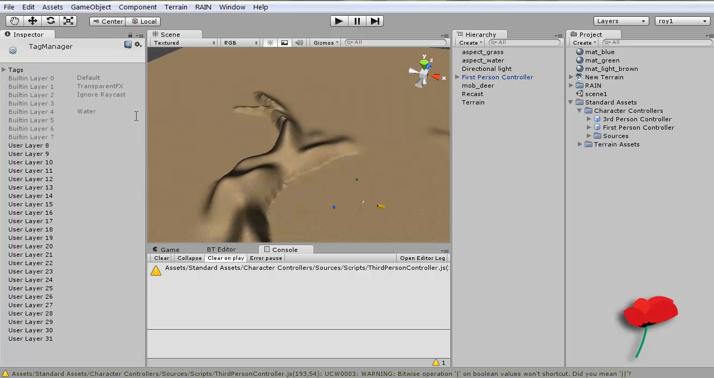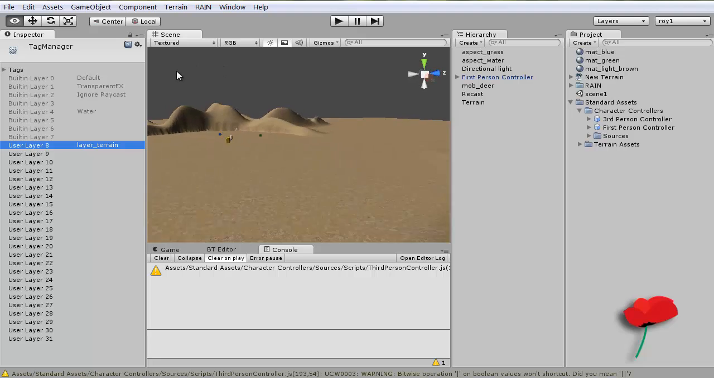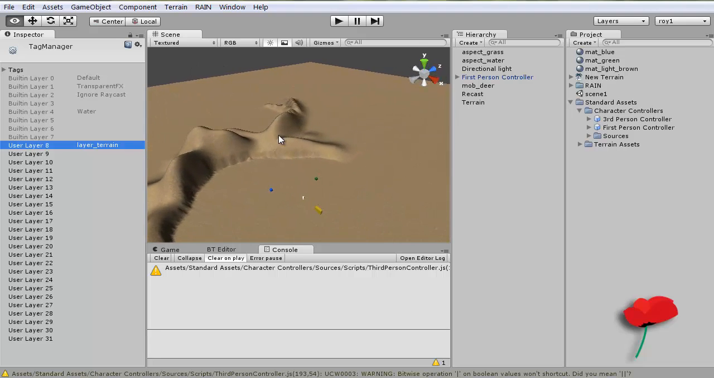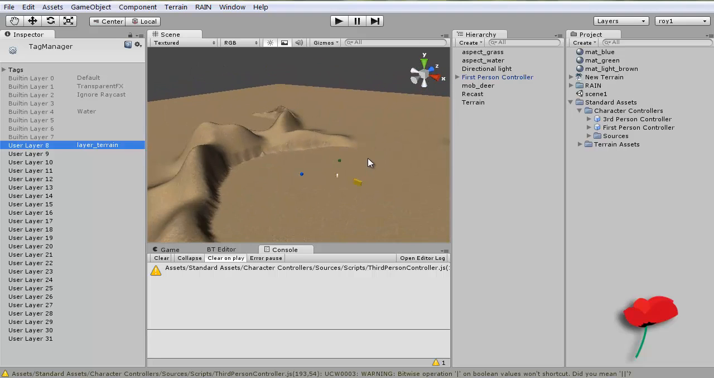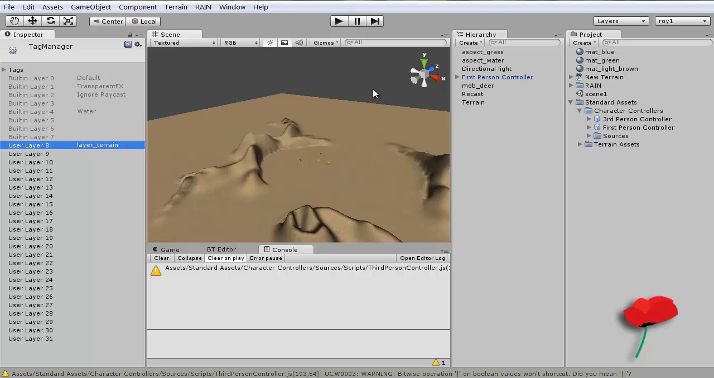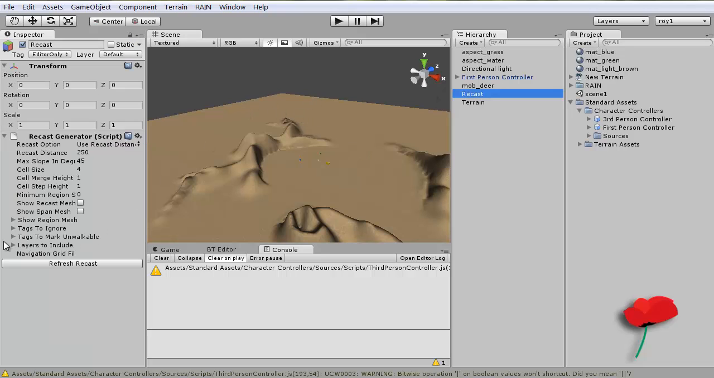Now the other thing I want to do is, I've selected the terrain, and I'm going to add a layer, and I'm going to call it layer underscore terrain, and on this layer, anything that's sort of terrain type object like a rock or some ground is going on this layer. And what that allows us to do in the recast is